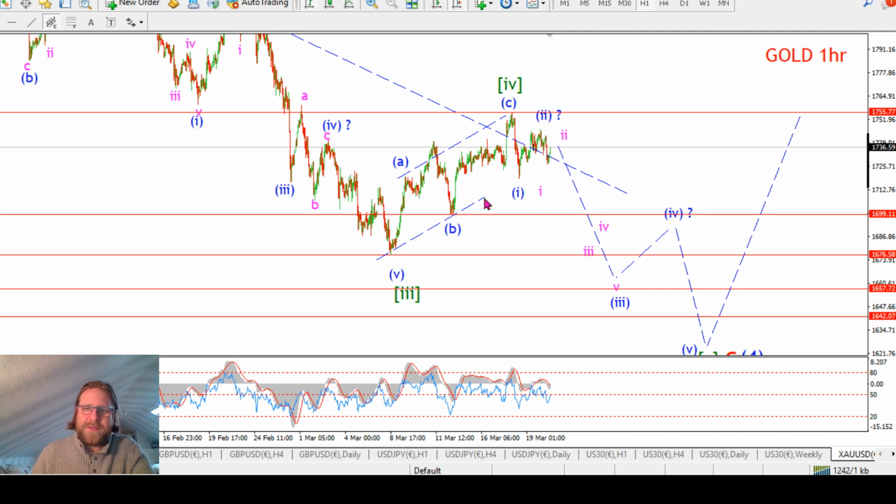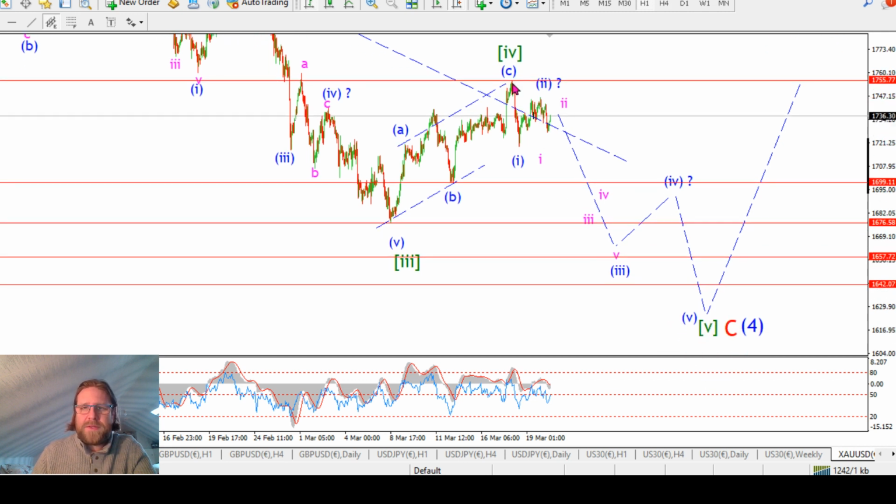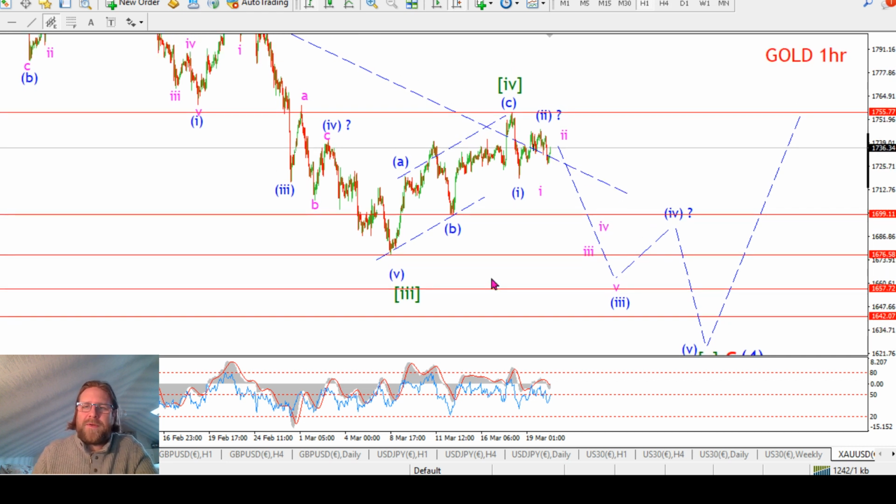I just feel that it's more of a corrective rally we've had over the last couple of weeks, and now again we're probably turning down. This could either be a wave 5. Well, it is a wave 5 in green, but this could easily be a sharp decline, wave 5. Let's say we break below 1650, and then things start getting very interesting for gold, I think, in my head anyway. I know it's very tempting right now